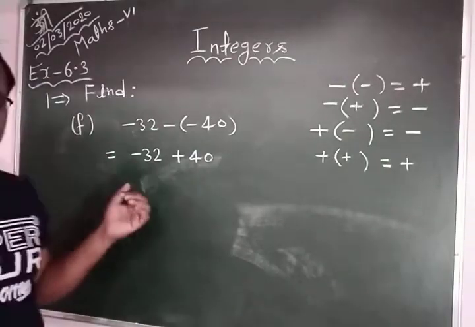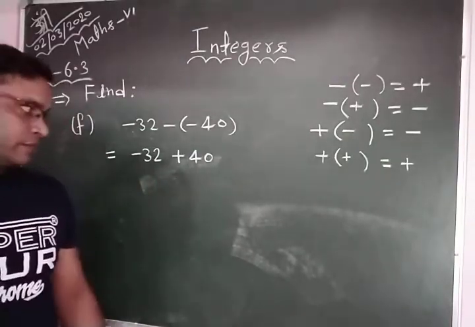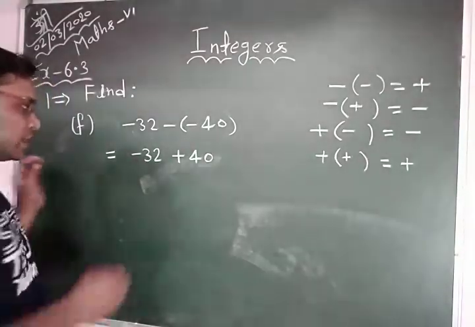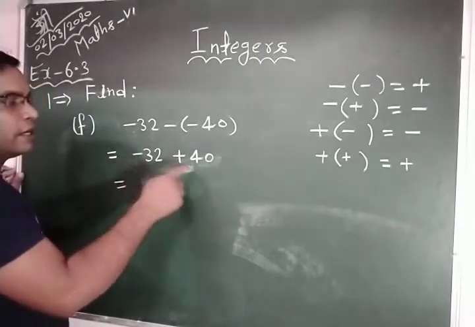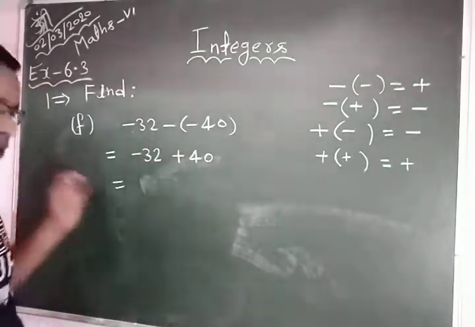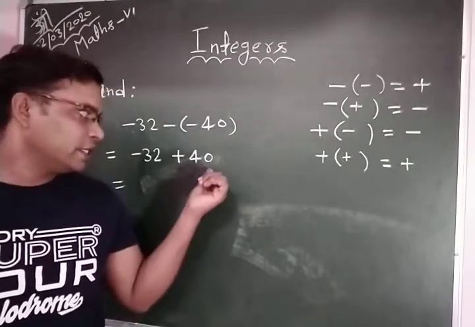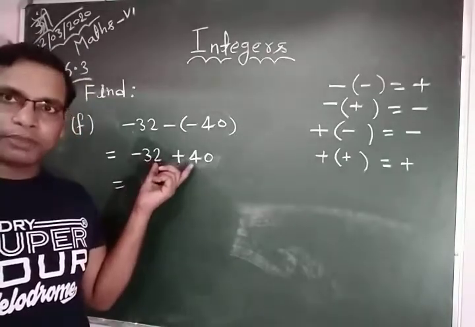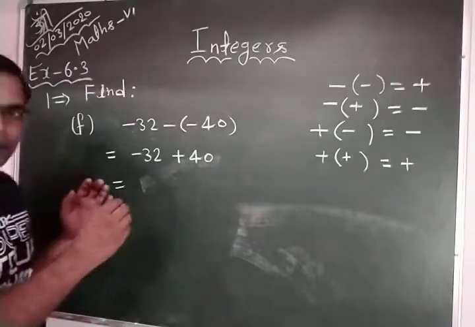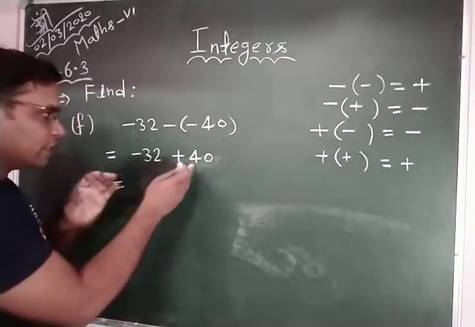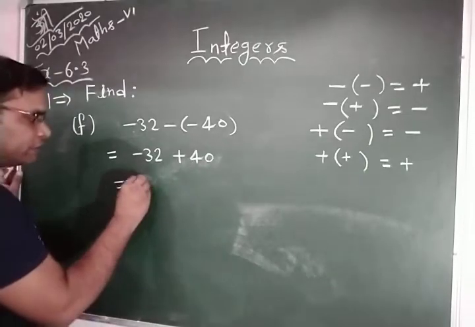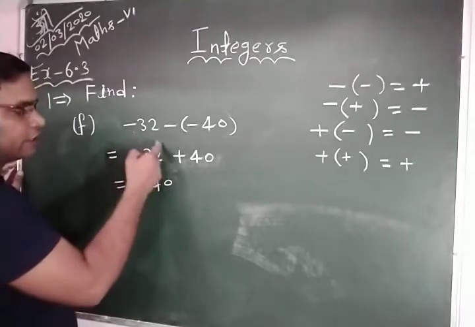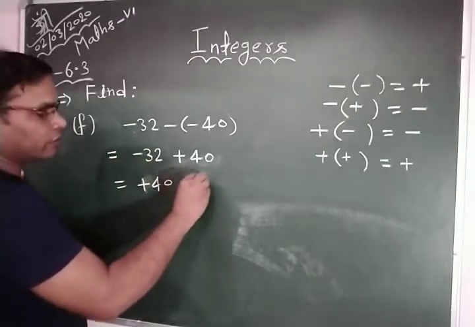Now in the next step you can see here minus 32 plus 40. So you can see here 32 has a negative sign, but 40 has a positive sign. 40 is greater than 32. So here subtraction is possible. First we rearrange it. Okay. So we write 40 with its plus sign first, after this the number minus 32.